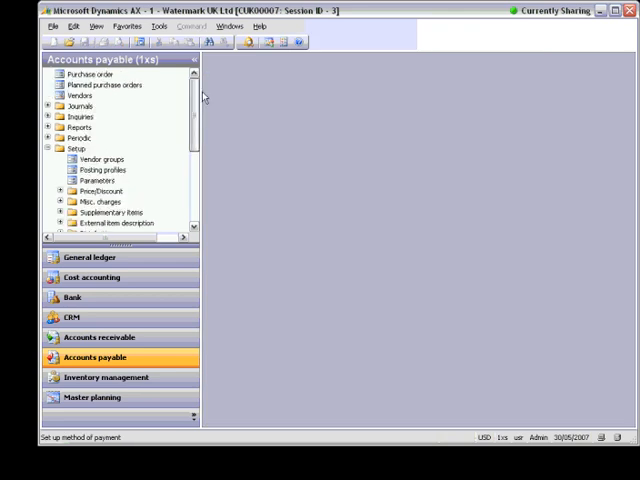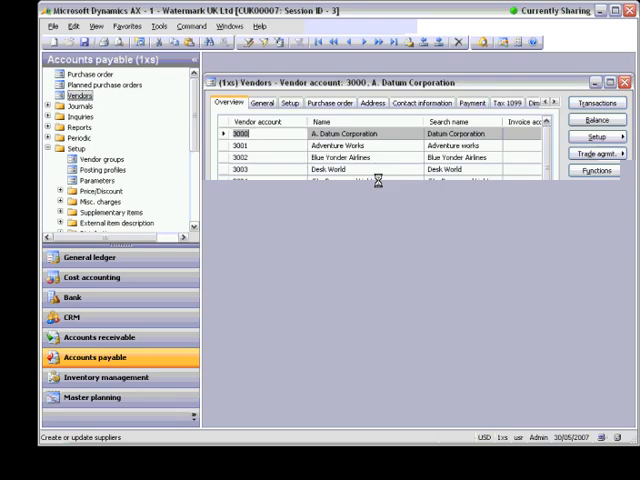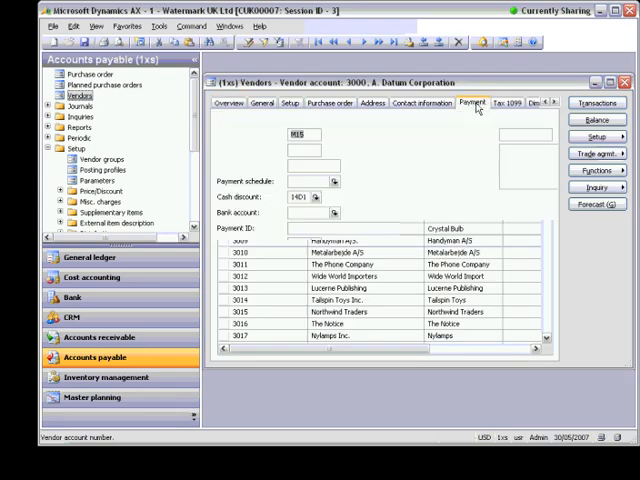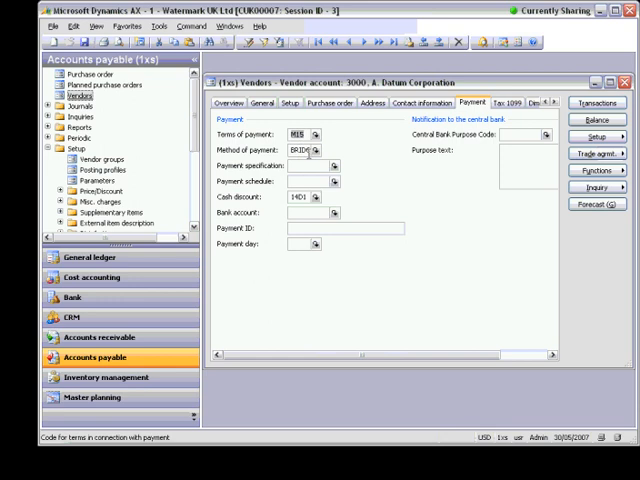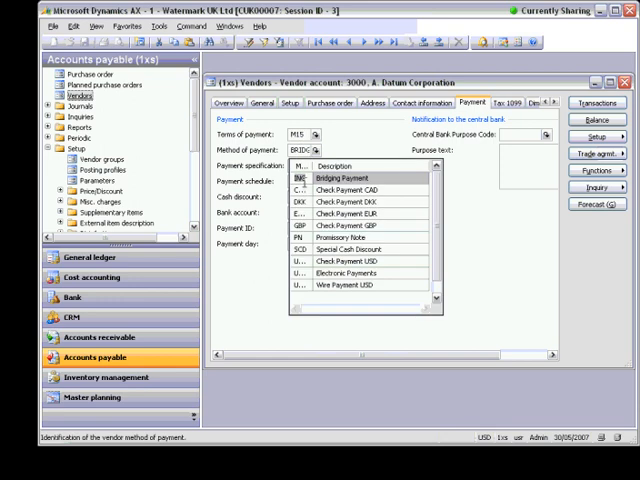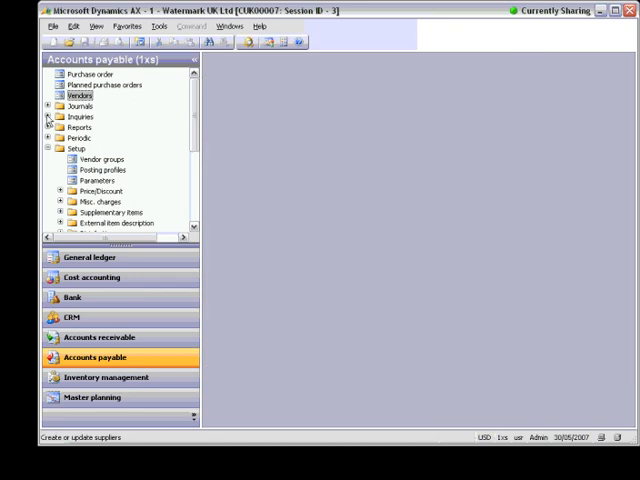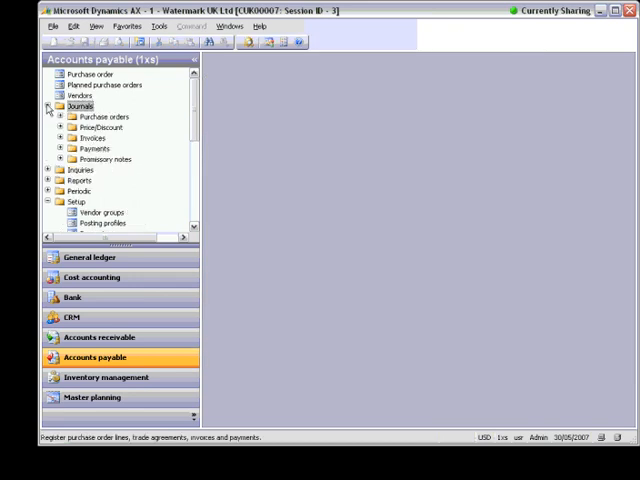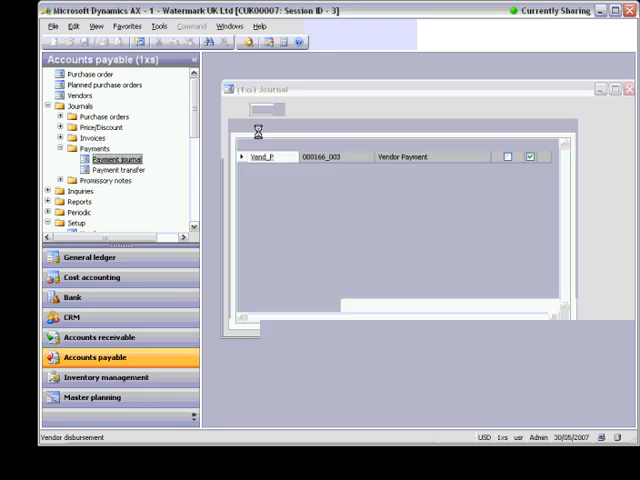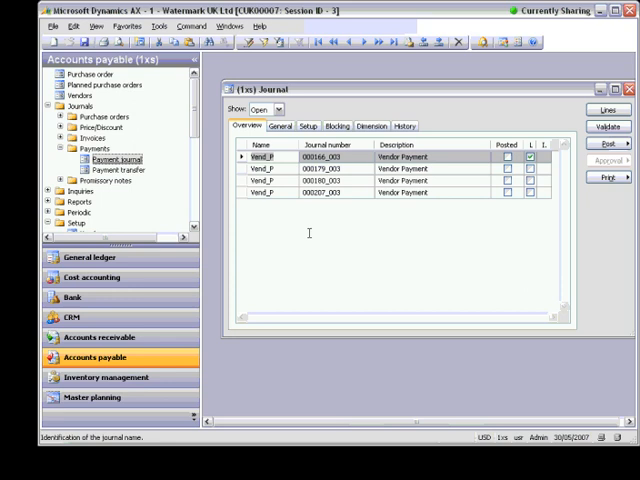I close this form, go to vendor, and assign to my vendor on the tab payment in the field method of payment. I assign method of payment with bridging account. Now I'm ready to do those 2 steps. One of them go to the payment journal in the account payable module under folder journal, under folder payment. Payments, open the form Payment Journal, create a new payment journal,